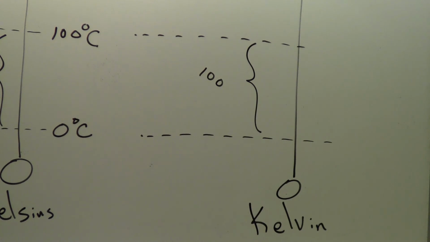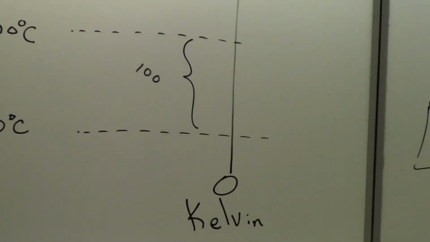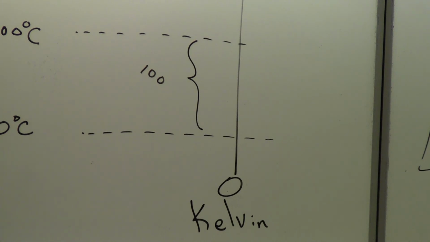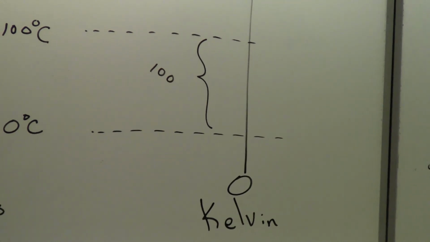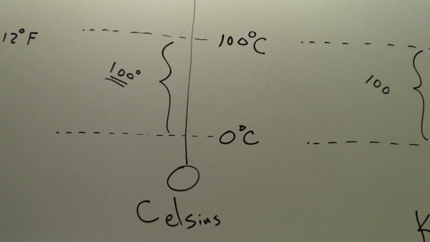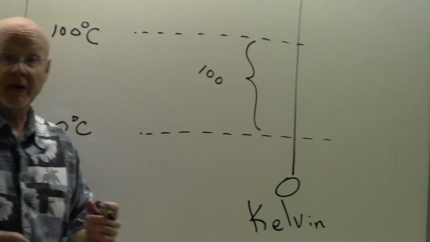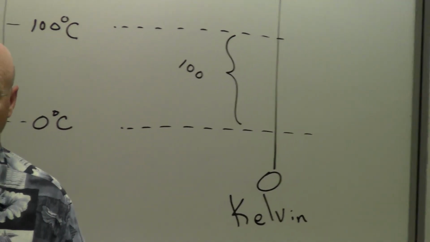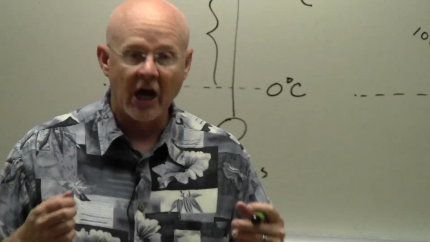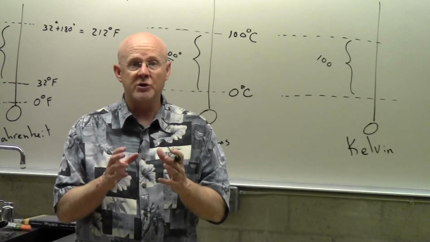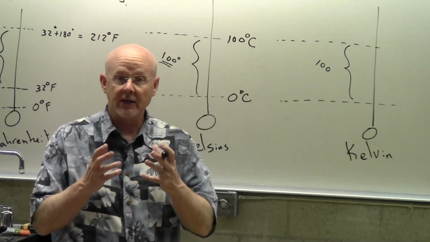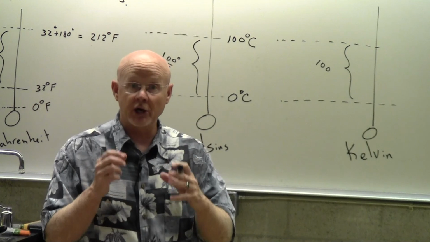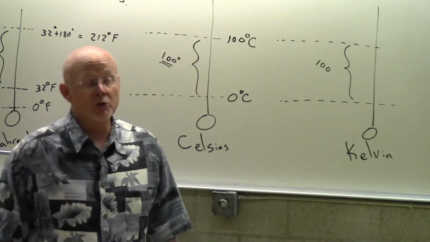But here's where he does two new things that are really very useful. The first one, and maybe it's not that useful, is he says, let's drop the word degree. The word degree is just wrong. Celsius should have dropped it way back when we left the idea of a dial, but since he didn't, let's do it now. So you would never say the temperature is 100 degrees Kelvin. You never use the word degree. You just say it's 100 Kelvin, or 200 Kelvin, or 300 Kelvin. And I must say, it is really hard for me to say that.